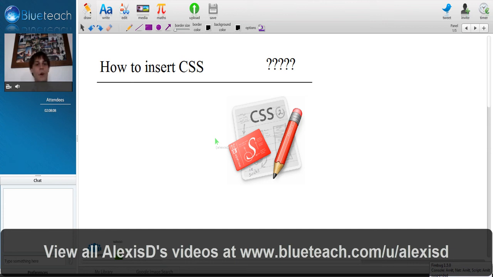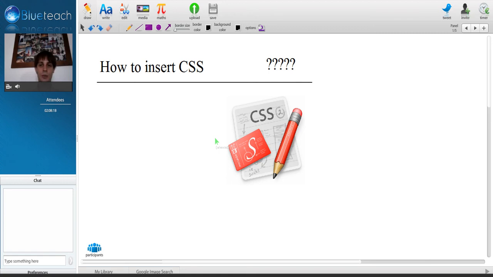Hi, in this video I'm going to talk about how to insert CSS into an HTML document. This video is actually part of a series. It's the third of a series on CSS. The first two were about an introduction to understanding what CSS is. The second was about CSS syntax. And so now we're going to see with this third video how we can actually start using CSS